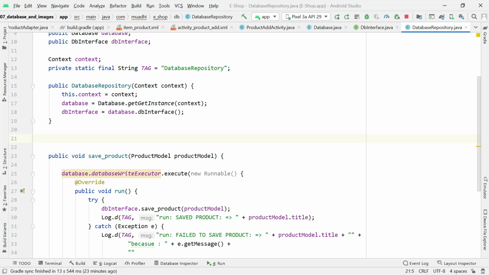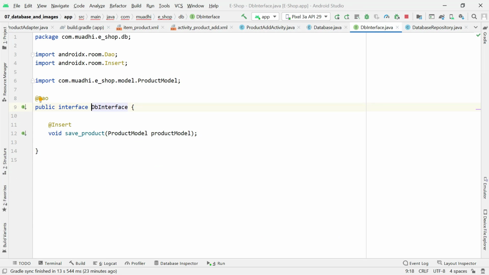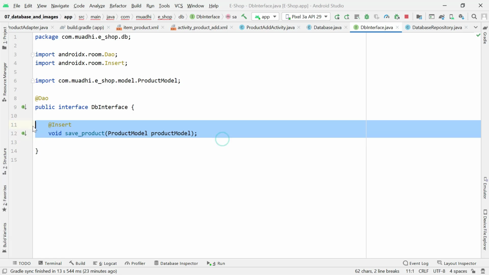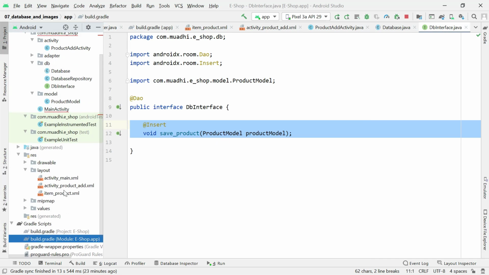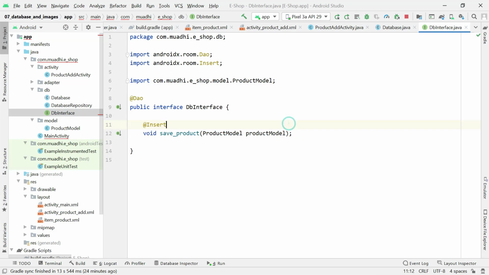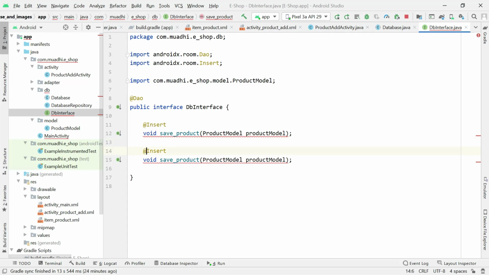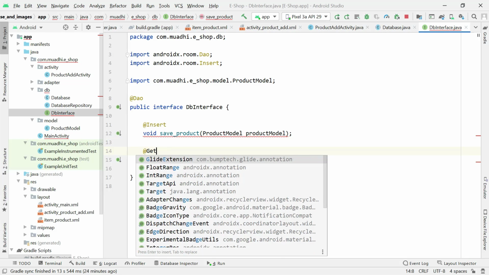So I'll press Ctrl and click on interface, and then in the database interface is where I'm going to put the logic of getting the data. I'm going to write the SQL for getting the data, not even the SQL, don't need to matter what about the SQL. You can just simply say query,